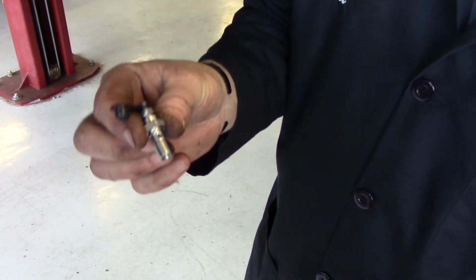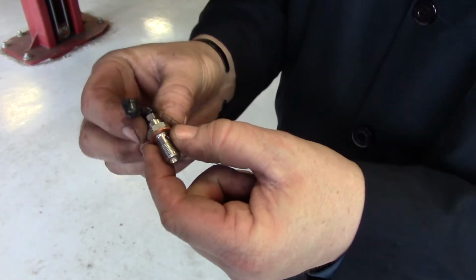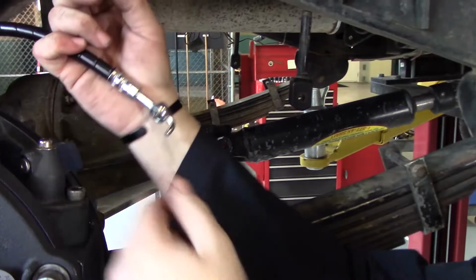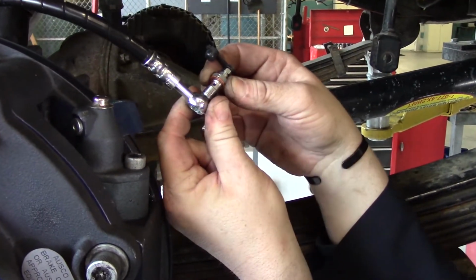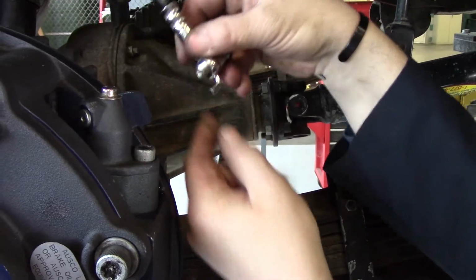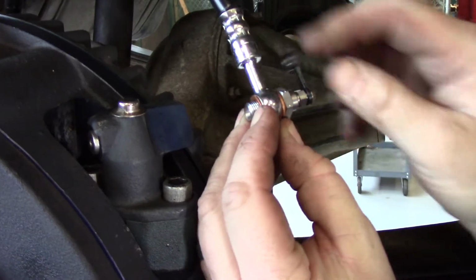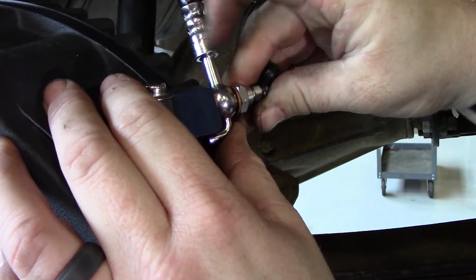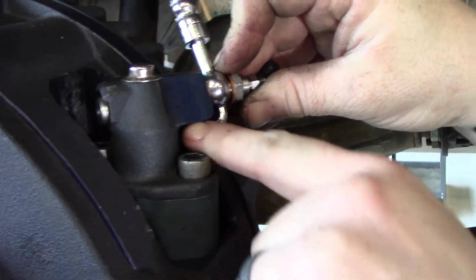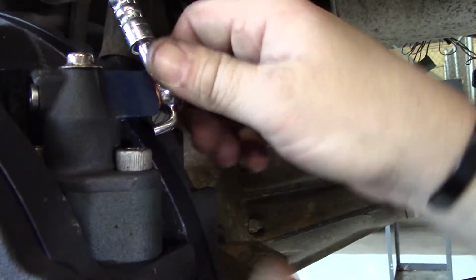Alright, so when you have that assembled, then you'll put your first crush washer of 2 on here, and then you'll come back and get your connection to the slave cylinder, and you'll put it through. Then you'll grab your other crush washer, slide it on this side, so you should have 2 copper colored crush washers on each side of the fitting. Then you want this tab to be at the bottom of the slave cylinder, so that when you screw it in, which I'll do right now,